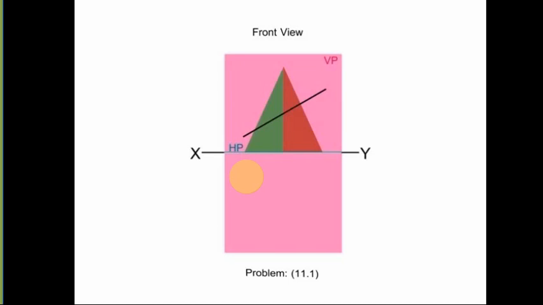You just see that transition. Previously it was something like an isometric view. Now we are the observer and we are watching that object. Now HP is here, but we cannot see that plane. Instead of a plane, we will see a line, which for the time being coincides with the XY line. So that object is standing over this XY line in this way. This is the cutting plane. Since that plane is perpendicular to VP, it seems like a line only.